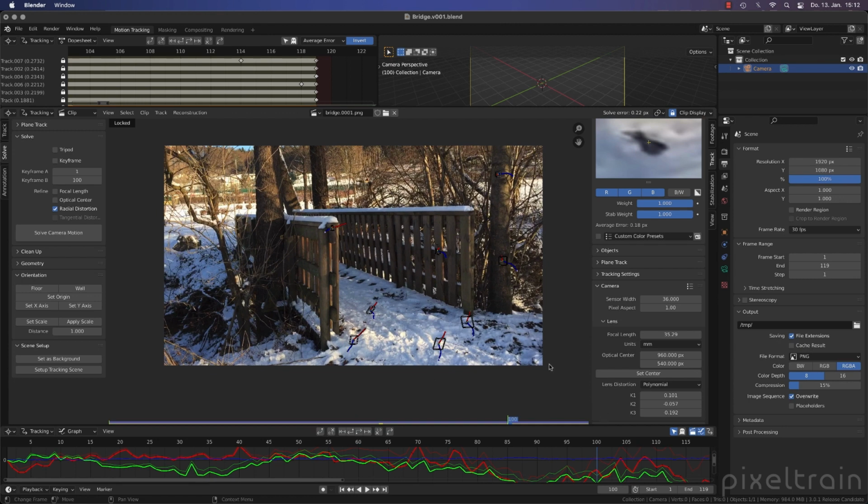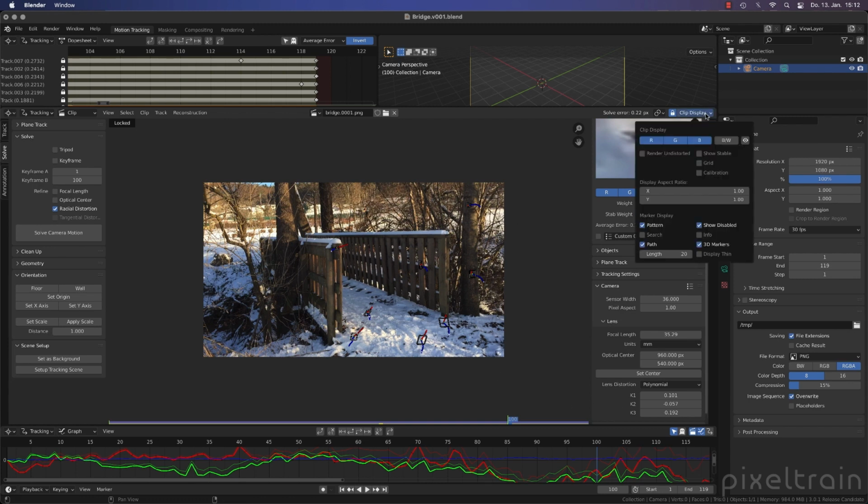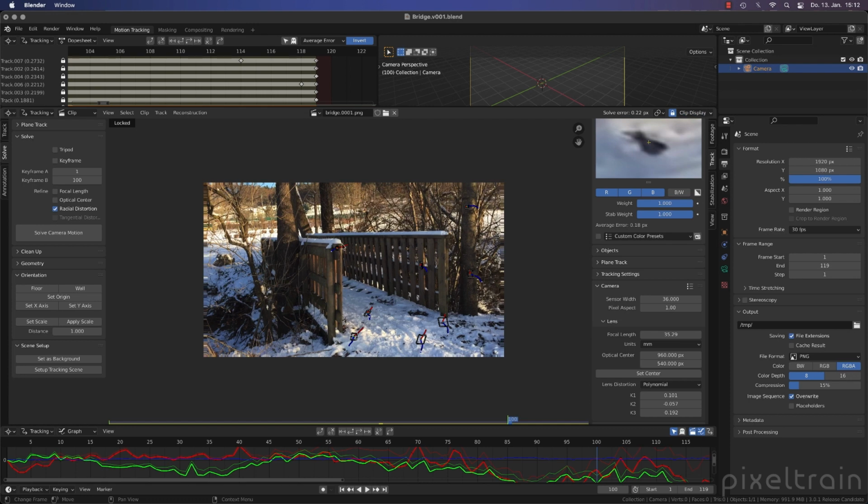To see what this here is doing, we can switch here our view for a moment. This here is still the original plate. If you want to see how this footage looks undistorted without any lens distortion, using these values, you can go here into the clip display, and here you find render undistorted. And the moment you do that, you see that the plate now changes. And you see the plate is shrinking a little bit. Yes, it looks a little bit better. This here is more straight now.